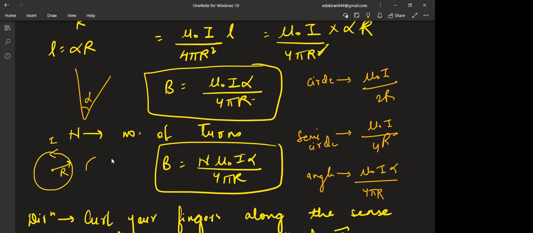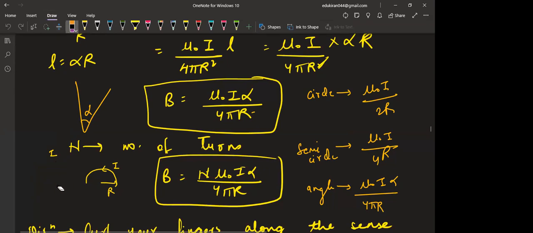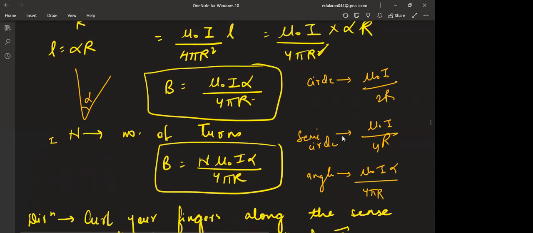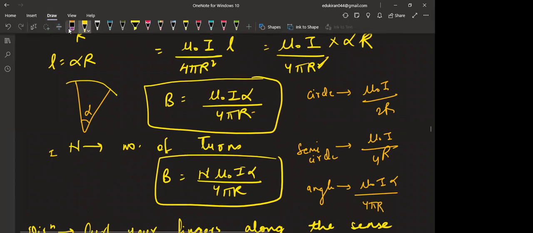And as soon as this becomes a semicircle with radius r, with current I flowing through it, this becomes mu naught I by 4r. So mu naught I by 2r is for a circle, and the magnetic field at the center of a semicircle is mu naught I by 4r. But if it's an arc which is subtending an angle towards the center,